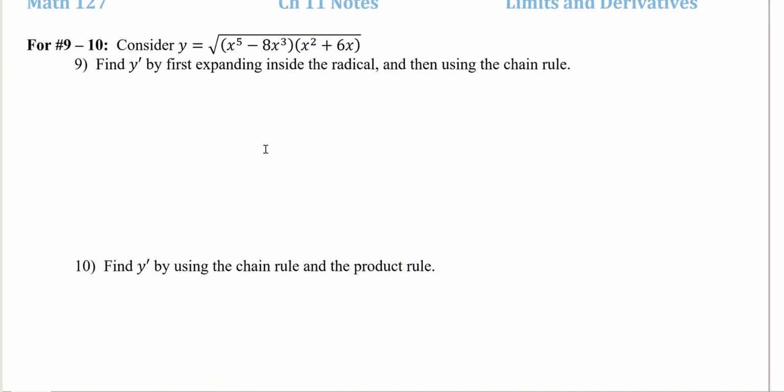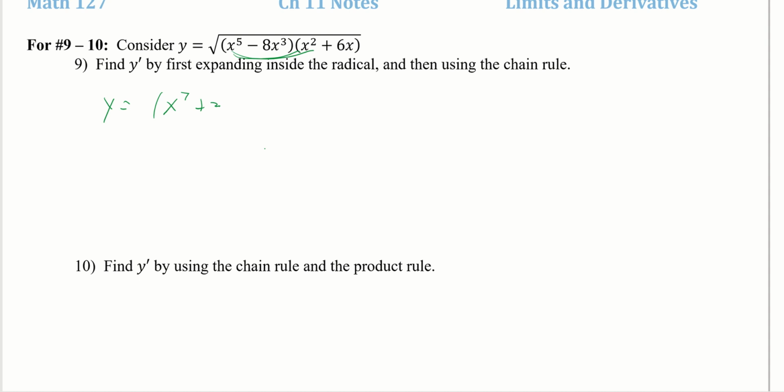Okay, we've got number 9 and 10 here. It says consider the same function. Find y prime by first expanding the inside of the radical, okay, then using the chain rule. Okay, so first what we're going to do is pretend like that radical's not there and just expand it. So on the inside we've got these guys, so x to the 7th